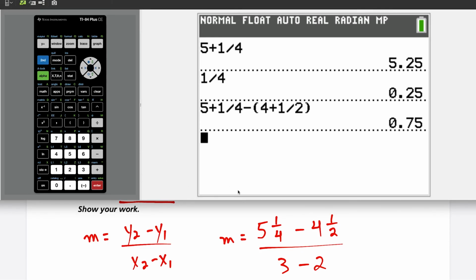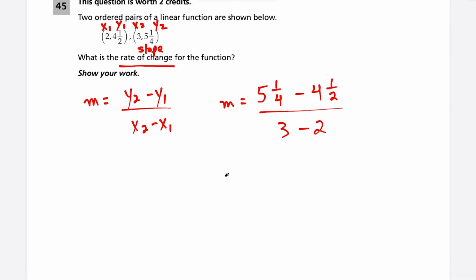Okay, let's say I want to do 5 1/4 is 5.25 and subtract 4.5 for 4 1/2. That's going to give me the exact same answer. Okay, so we're going to get 0.75. So now I'll just write this out. We have m equals, we said 5 1/4 minus 4 1/2 is 0.75, and we're dividing by 3 minus 2